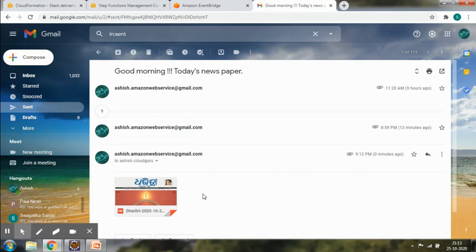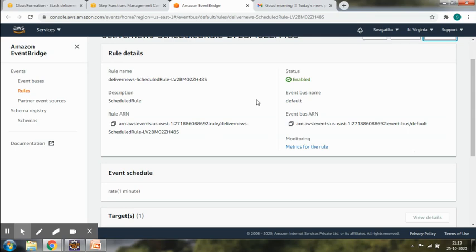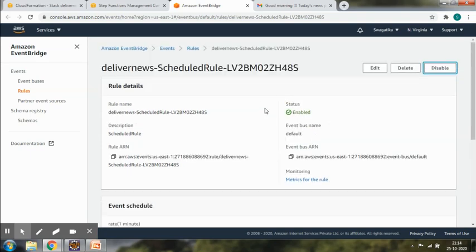Okay, and that's how, as you can see, I have coded the complete flow, the delivery of the PDF to my Kindle device, by using Amazon Step Functions and scheduling that step function on a daily basis using Amazon EventBridge, which was earlier the Amazon CloudWatch event rule. Now it is EventBridge. So in this way, I solved my problem, and now on a daily basis, I can read the newspaper on my Kindle device. That was my objective, and I achieved it.